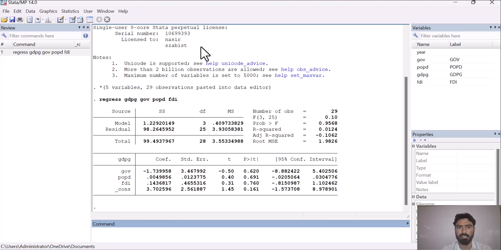So these are the results for our linear regression model. But in our today lecture, we are not interested to explain these results, as we have already explained all of these things in our previous lecture. But today we are interested to check whether there exists an issue of serial correlation or not. So go to